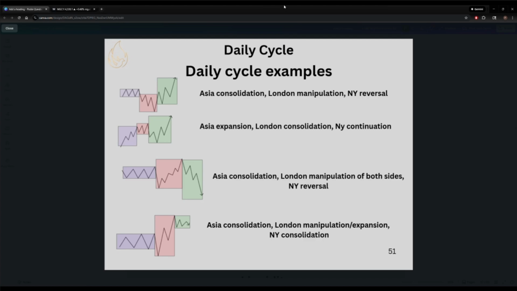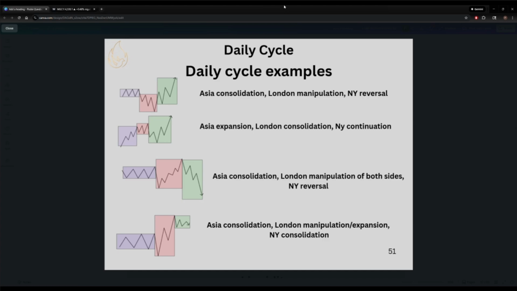I'm just giving you different ideas of how each session could go. These are not set in stone. These are just my examples that I randomly thought about, you know what I'm saying? Because I've seen these types of things happen all the time, but not every day is gonna be like this, bro. But you're just trying to see,